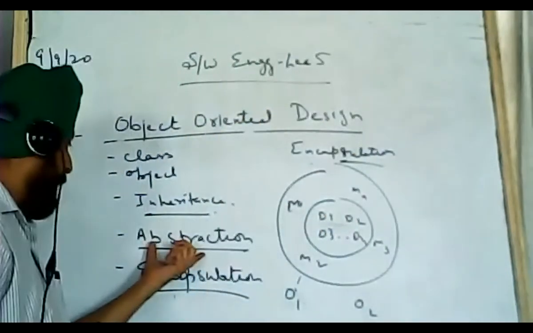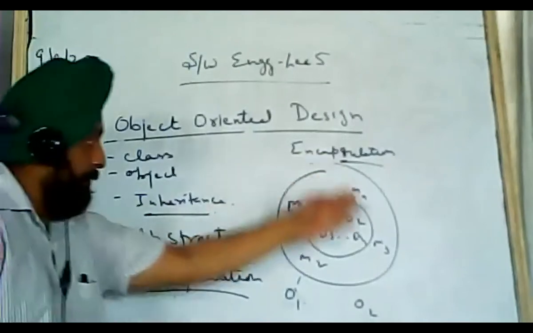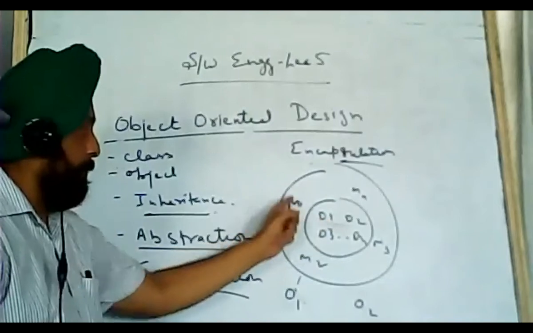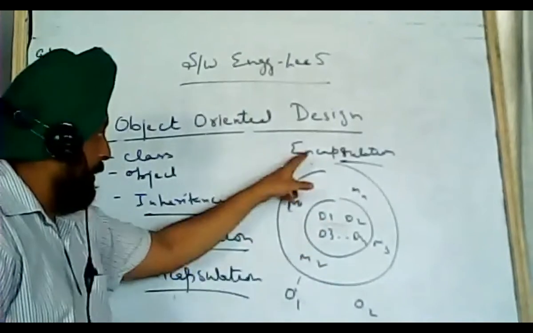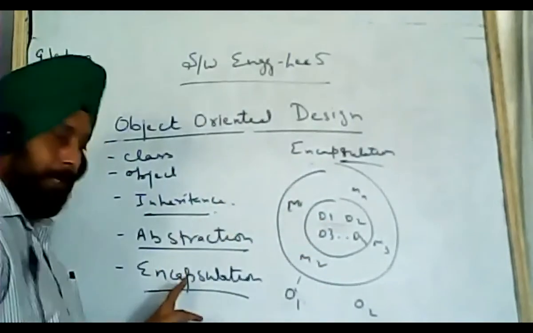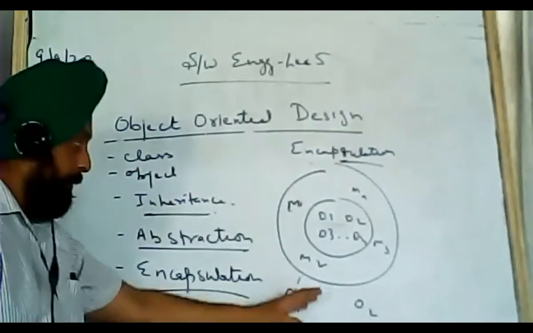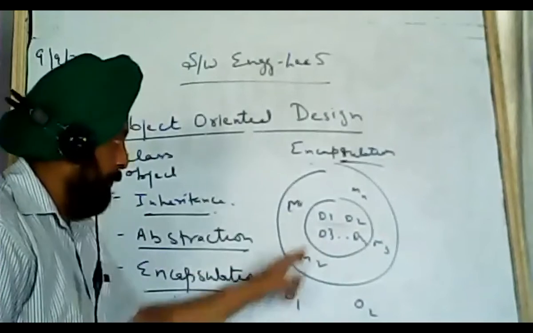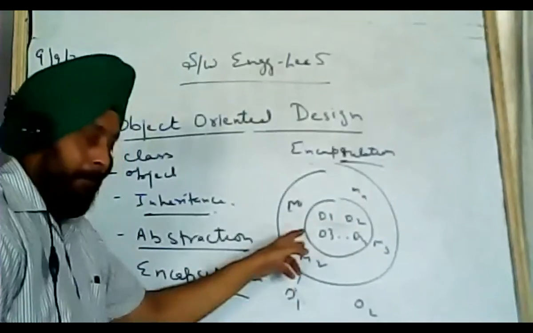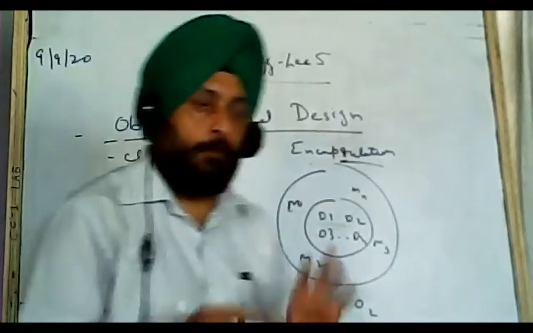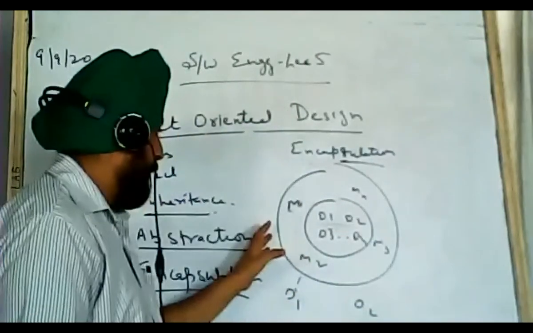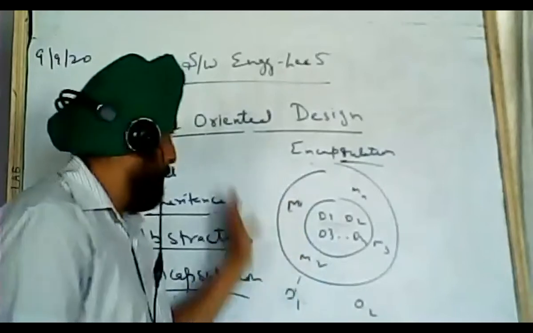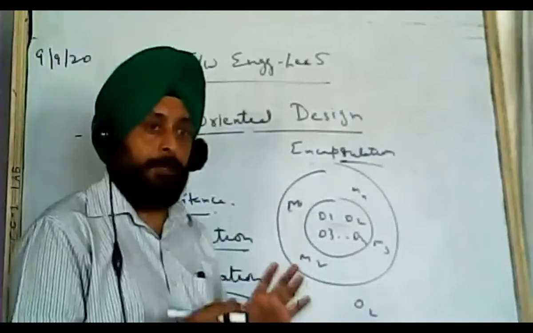That is covered under abstraction. And encapsulation is what I already told you: bringing together the data and the members of a class under one heading, one umbrella, that is the name of the class. Objects are instances of a class which can use the data of the class through its methods or functions. Whatever operations have to be done, an operation is also known as a function or method. So clear? This was the basic concept.